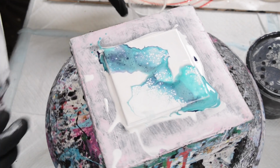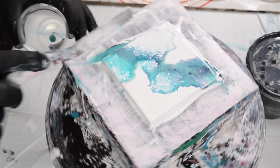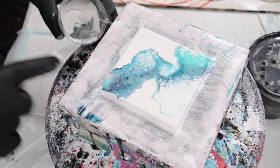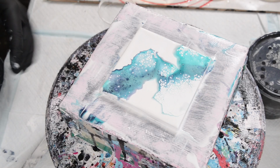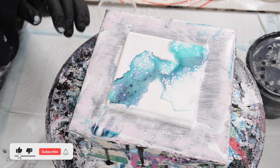And don't that look pretty? So multiple ways you can blow this out. You could use your mouth, you could use a little blower. When I'm doing Dutch pours like this, I just use my mouth most of the time, to be fair, because it's much quicker than getting the blower out. And straight up, you've got a really pretty design that you don't need to do much to, don't need to